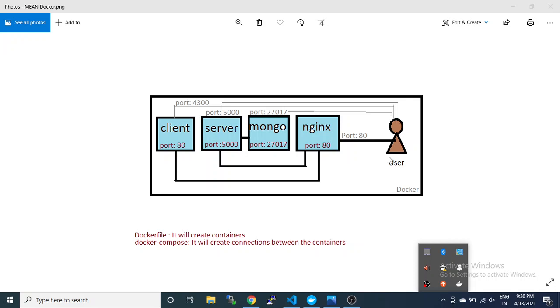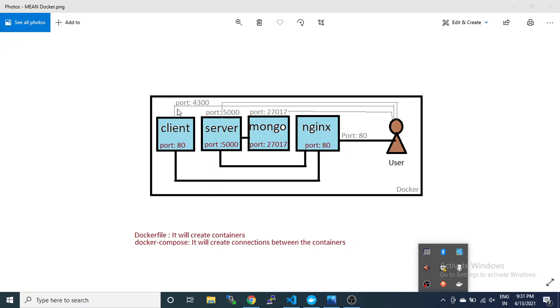So the user will not be able to tell whether it is port 4300 or port 5000. He will only access through the normal port 80. He can also access them separately, but due to the reverse proxy, the user is unable to get the exact port numbers from where the request is coming if he doesn't know them.